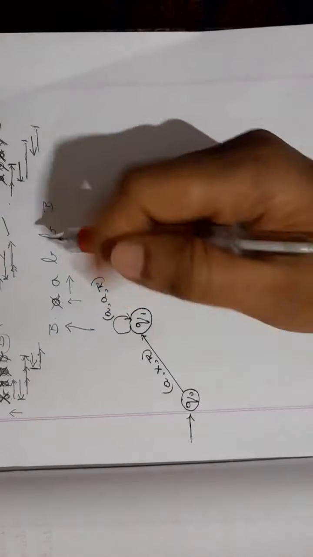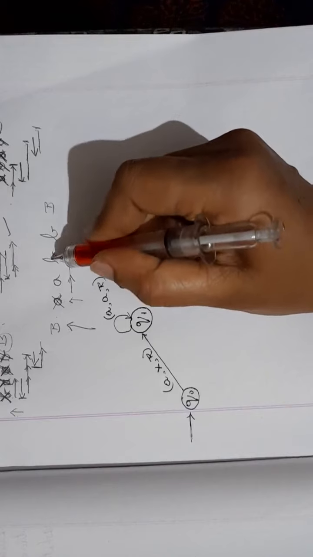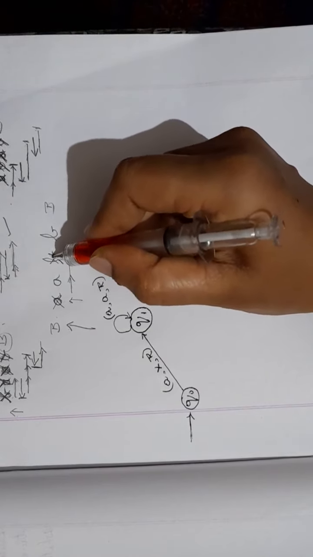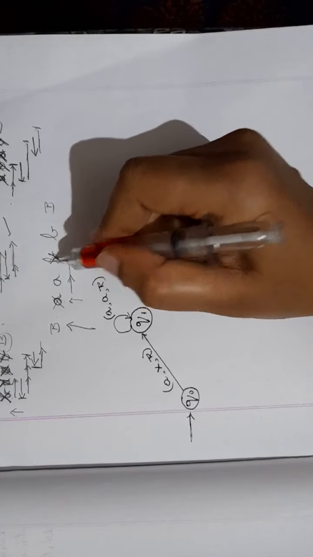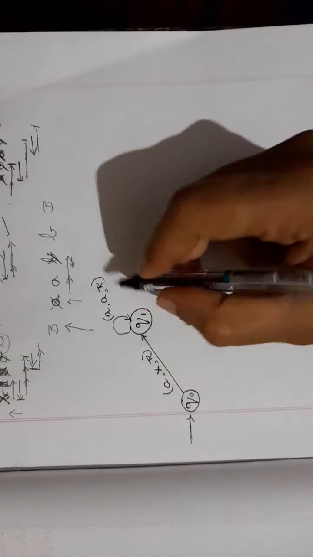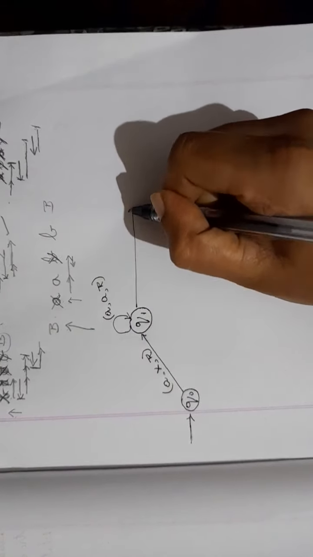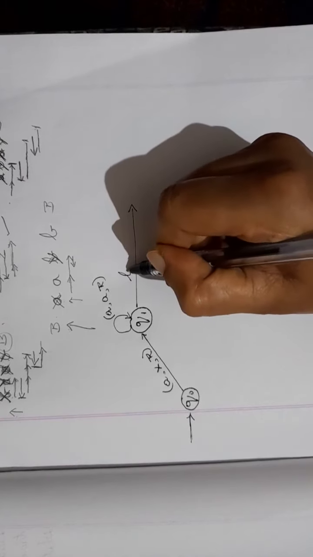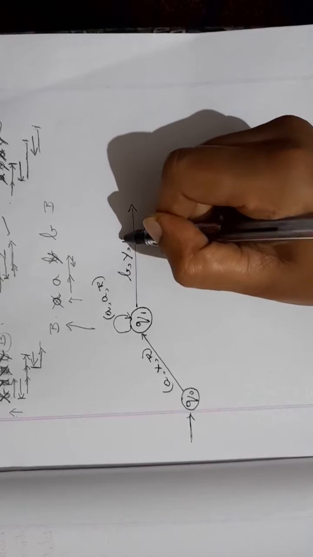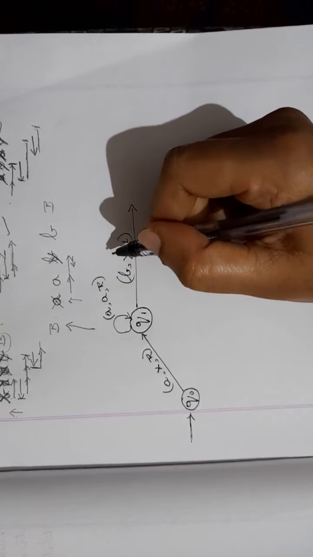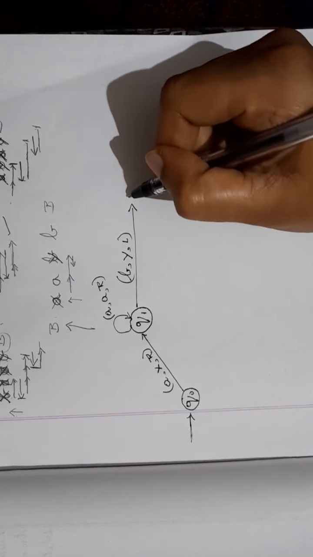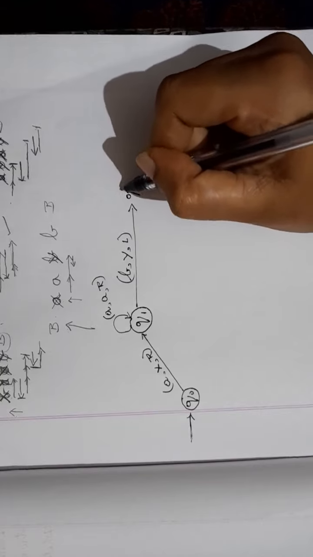So what should you do? When you reach here, change this B to Y. When you read B, change B to Y and change the direction. That is, you should move towards left now. Whenever you change some character to Y, simply change the direction to left. So go to next state Q2.